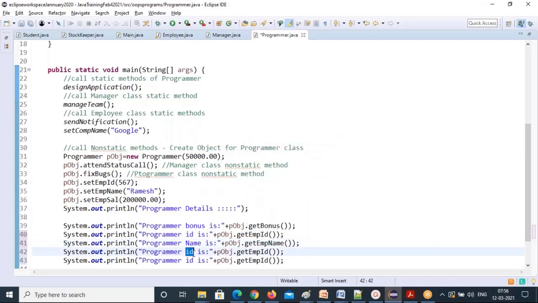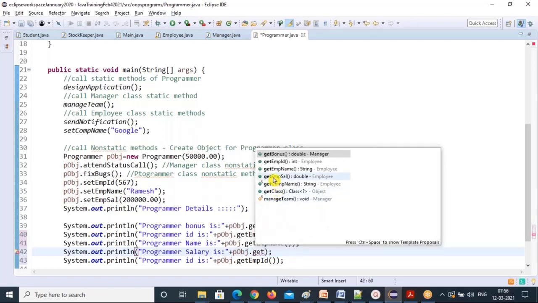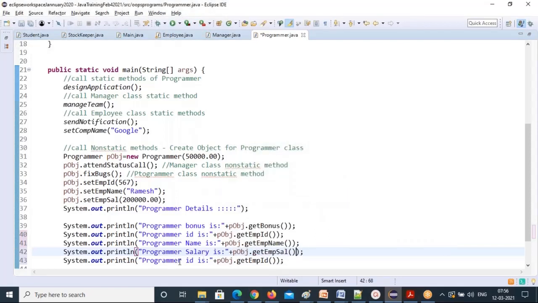Programmer salary, so get emp sal. So how are you calling all these things? Just catch these things. With a single object, you are able to call all of them. And the programmer belongs to which company? We called it already. I don't need an object here. I can call directly get company name. That's it.